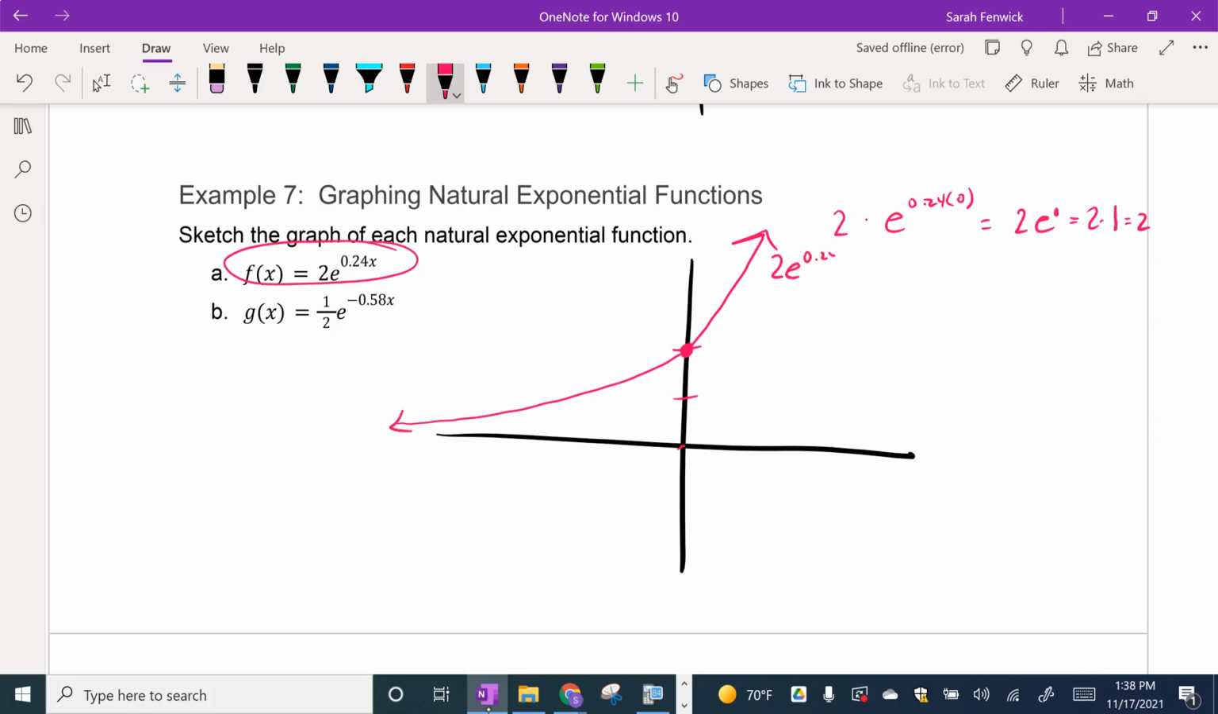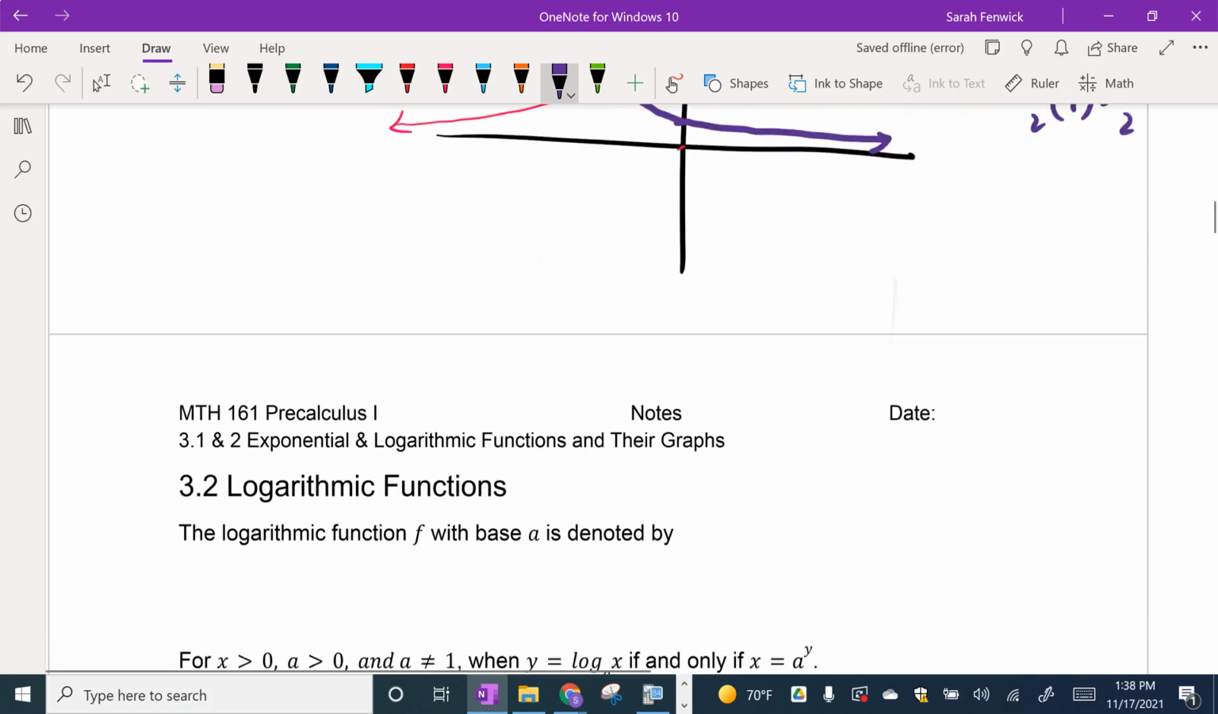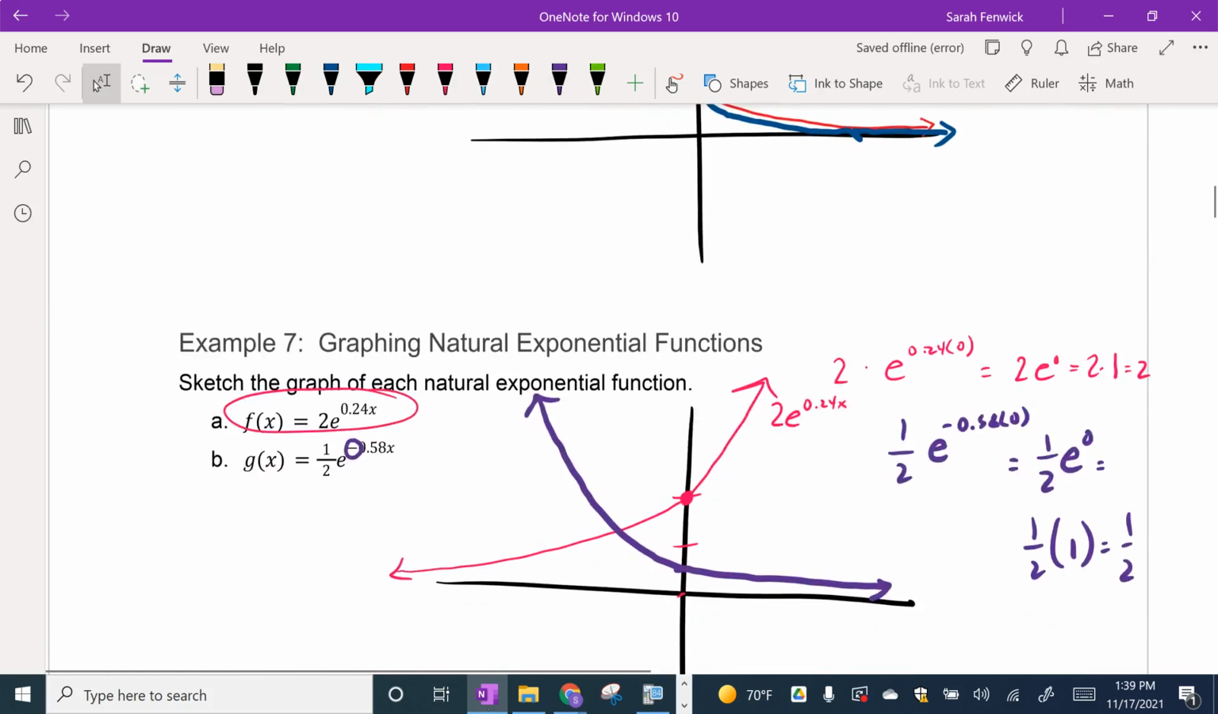2e to the 0.24x. Whereas here, e to the negative power, we know comes in the other way. If I did 1/2 e to the negative 0.58 times 0, that's 1/2 e to the 0, which is 1/2 times 1, which is 1/2. So we crossed down here at 1/2, and we came in from this side because it was a negative power. All right, so that's the graphs of exponential functions. We will work on logarithmic functions in our next